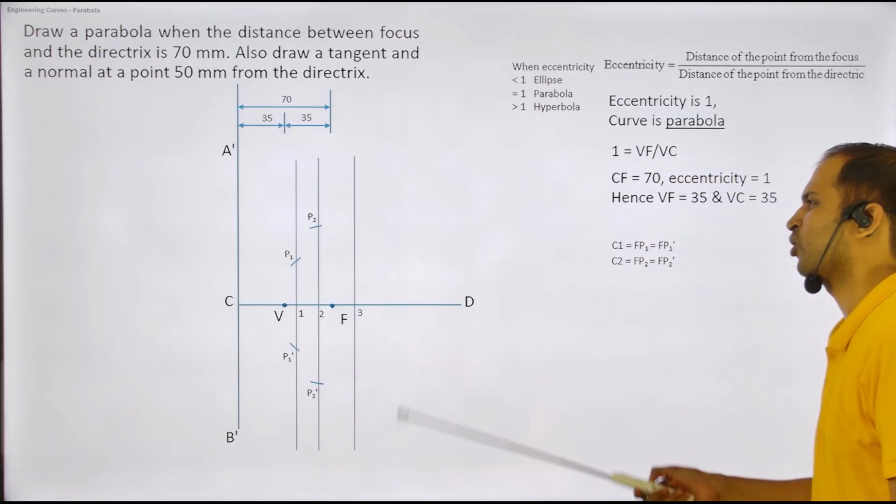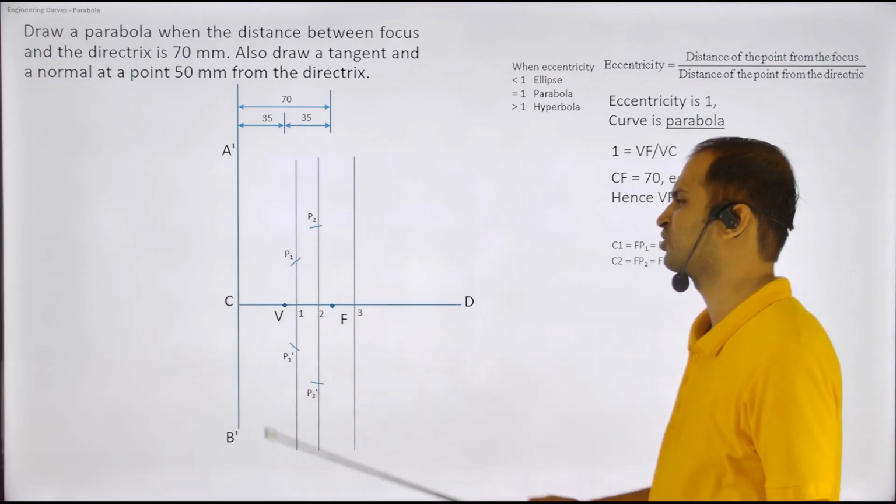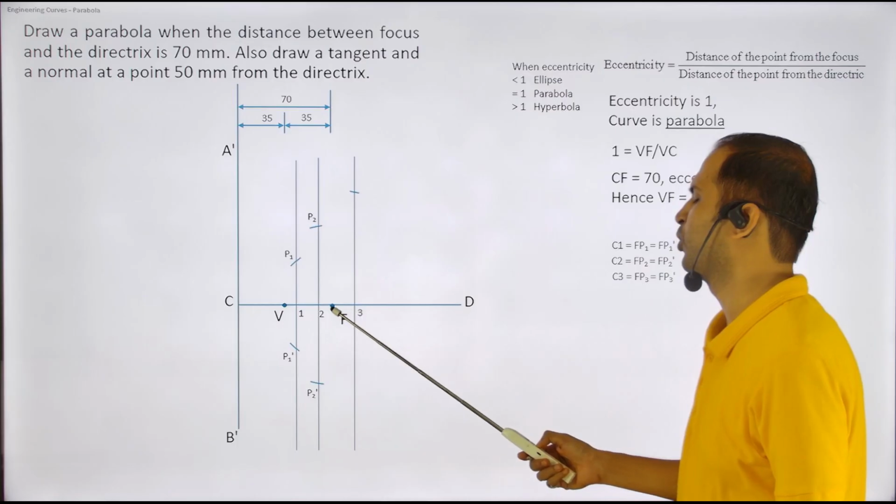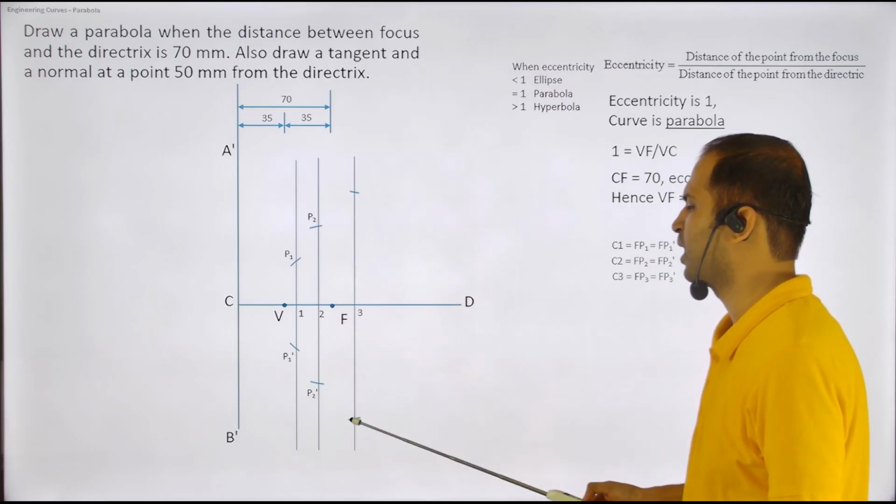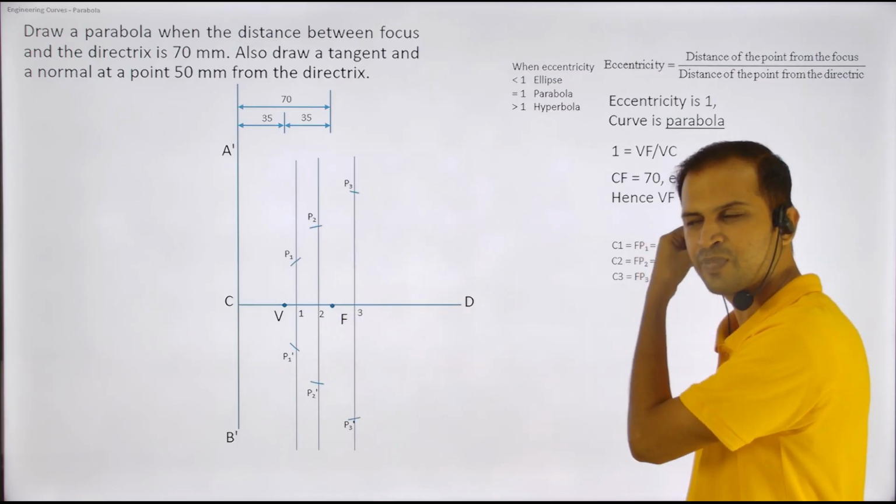Okay, so let's go for the third point. Same C to 3 distance. Keep it on F. Mark upper, mark below, 2 points. Okay. Now